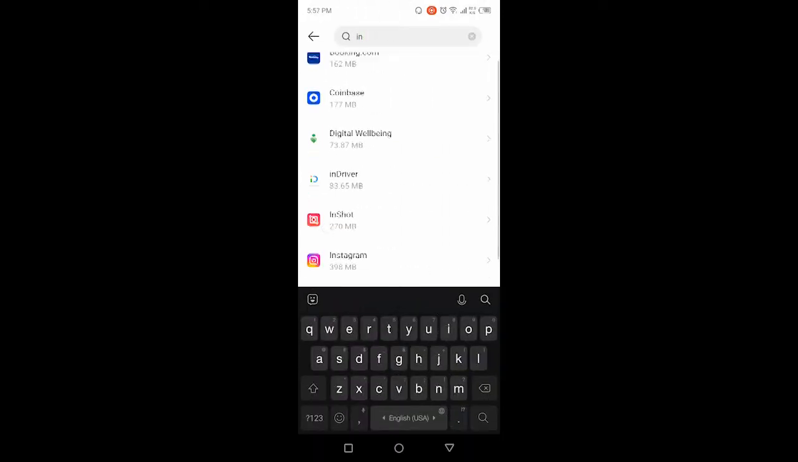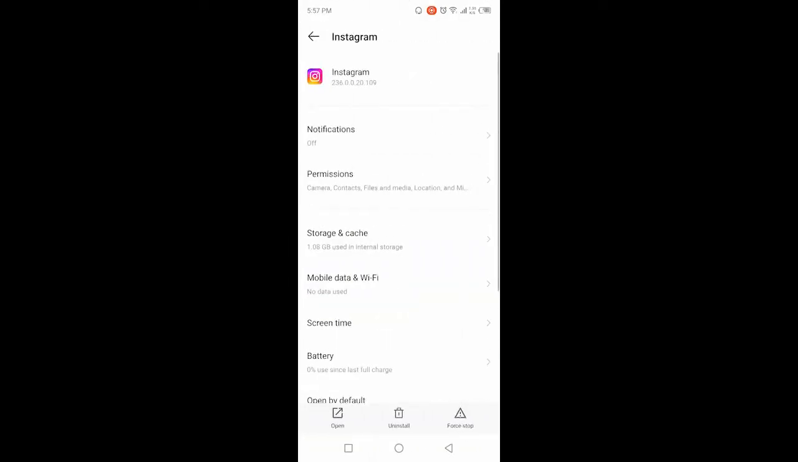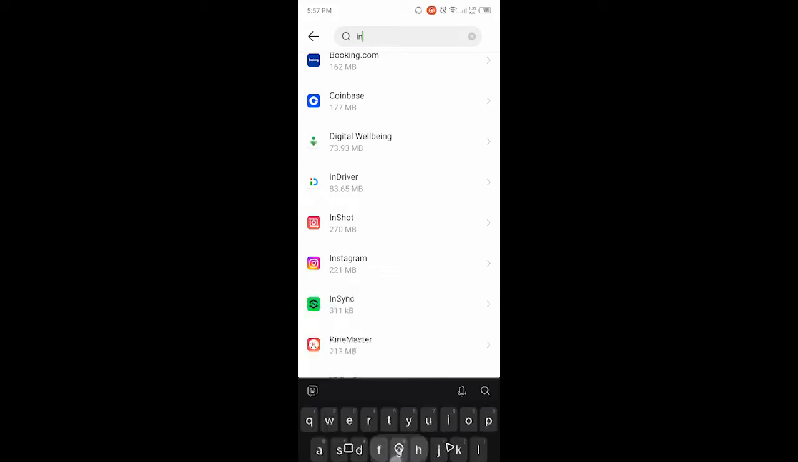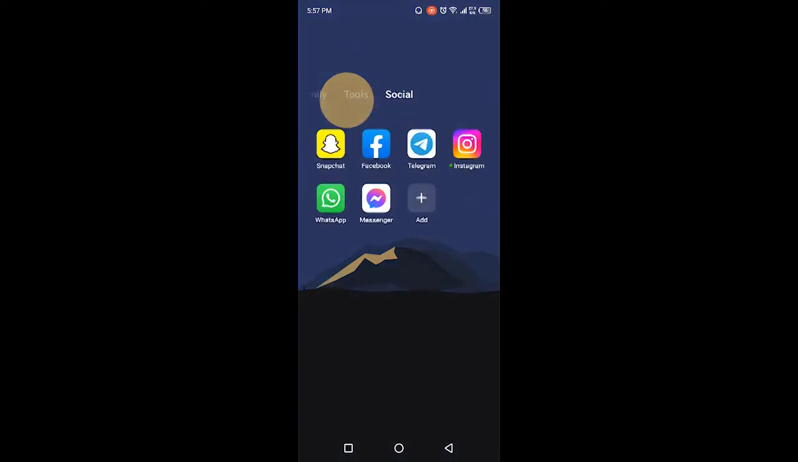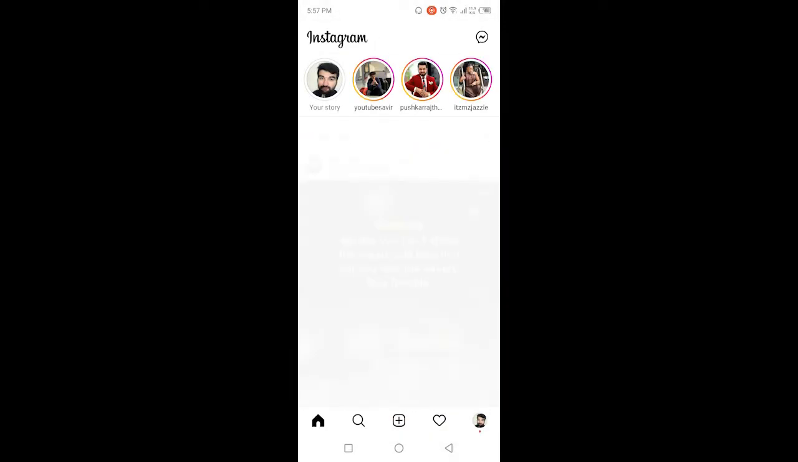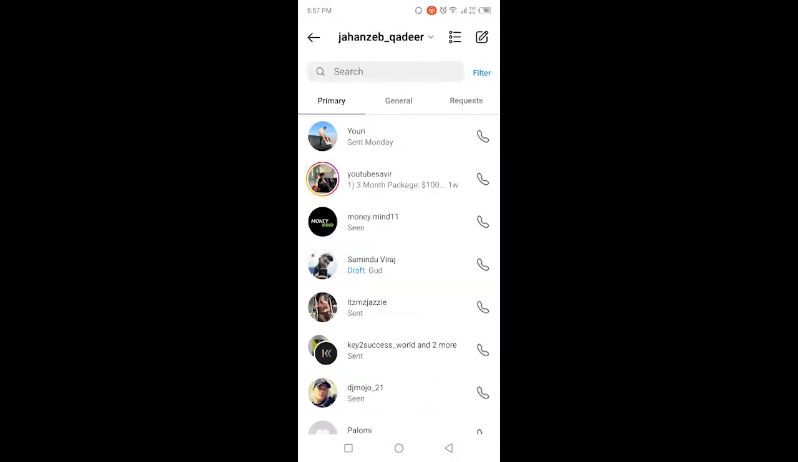Okay, once you search Instagram, you simply need to clear the cache and storage. And once you are done with that, you simply need to go back and open Instagram application. And once you open Instagram, you simply need to click on the messenger icon in the top right and select